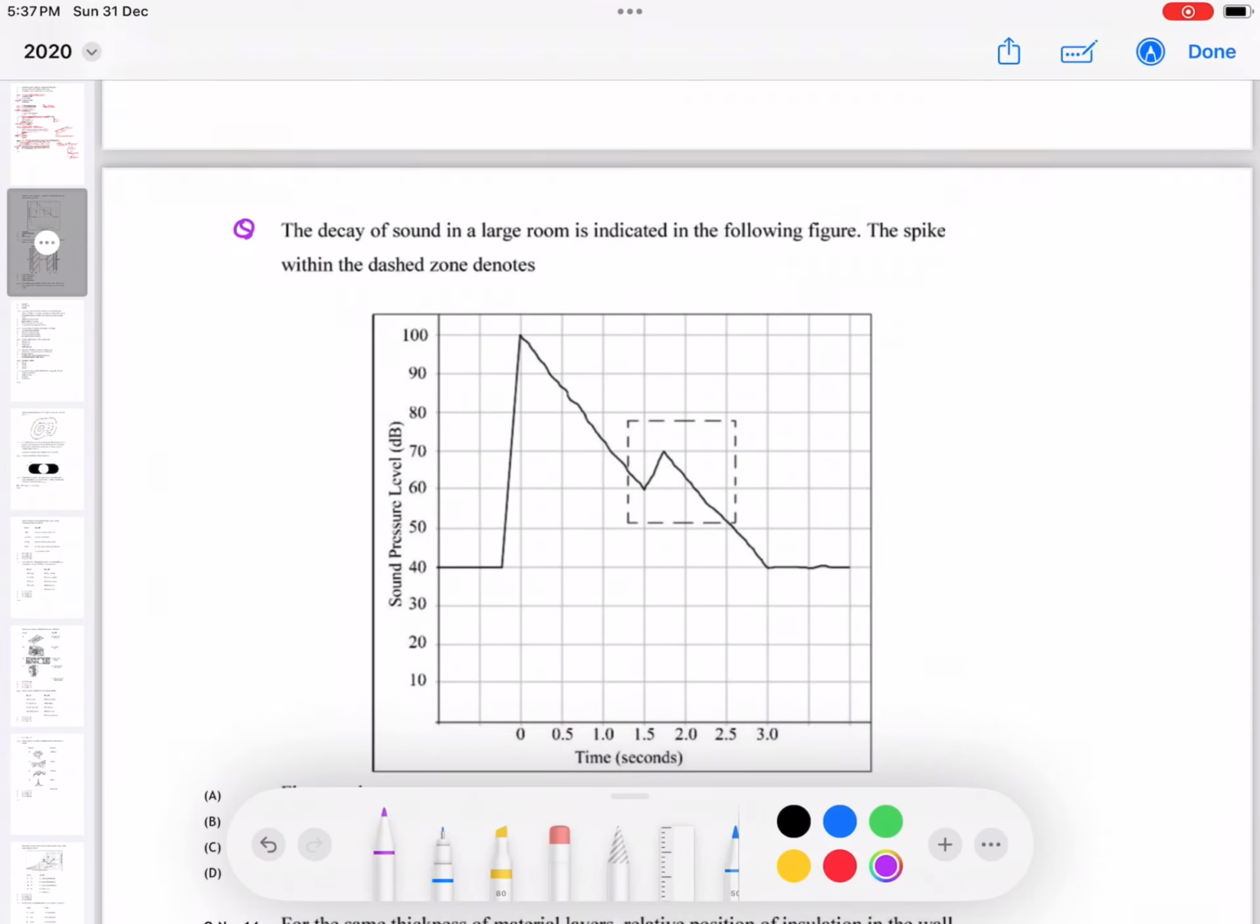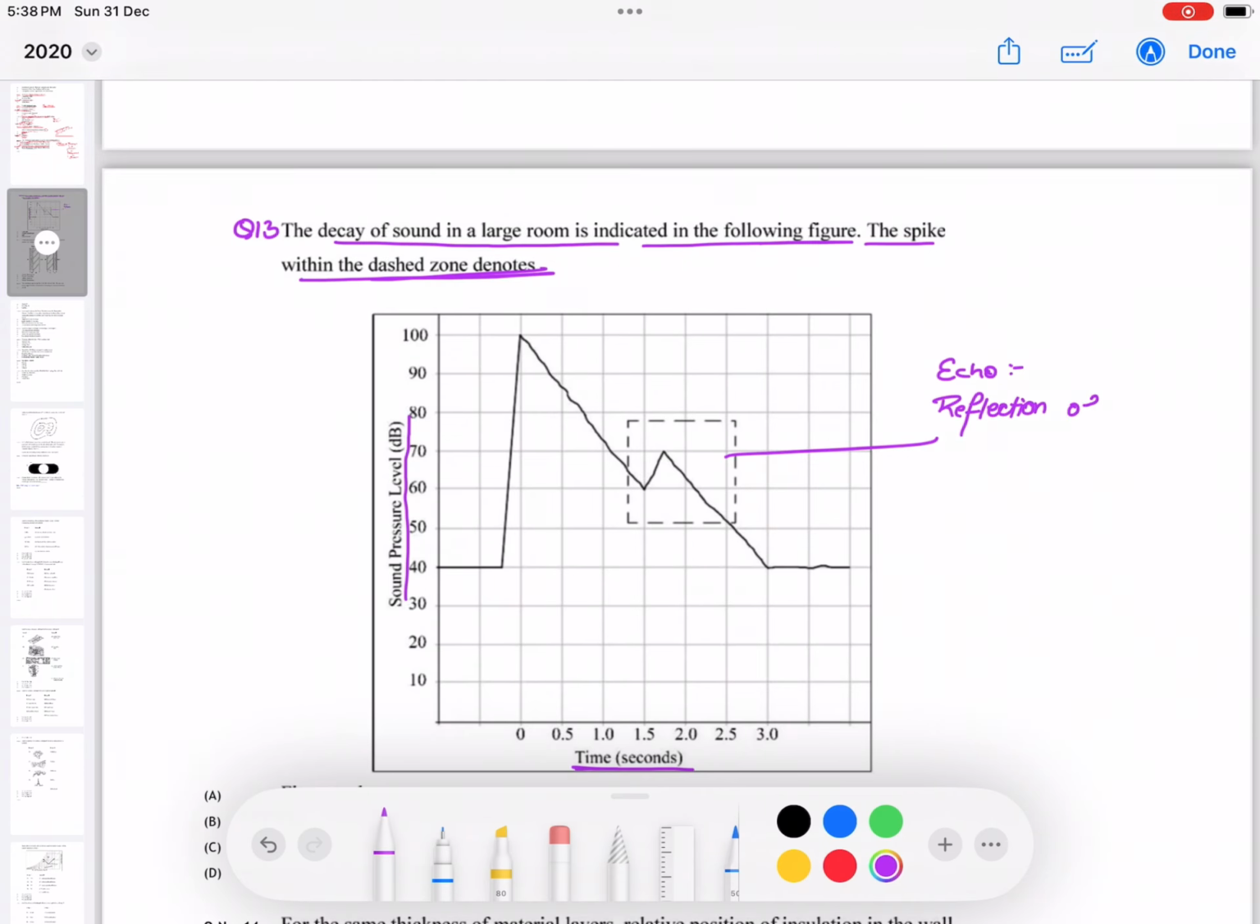Question number 13. The decay of sound in a large room is indicated in the following figure. The spike within the dash zone indicates. So here is the diagram and it shows time to sound pressure level graph. In this we see a spike and it denotes the echo. And what is echo? A sound caused by reflection